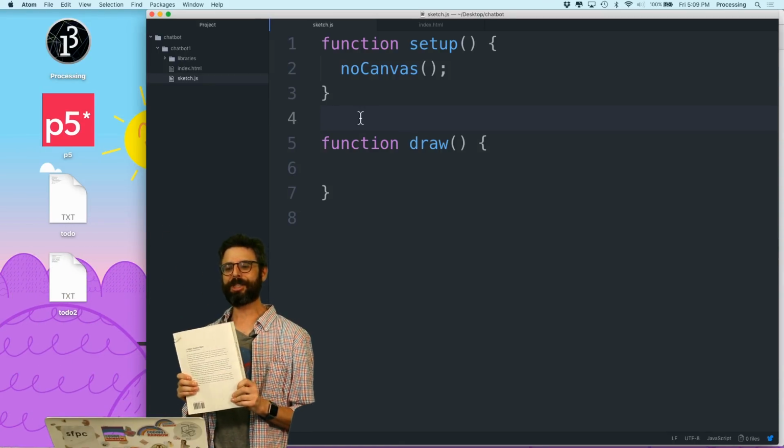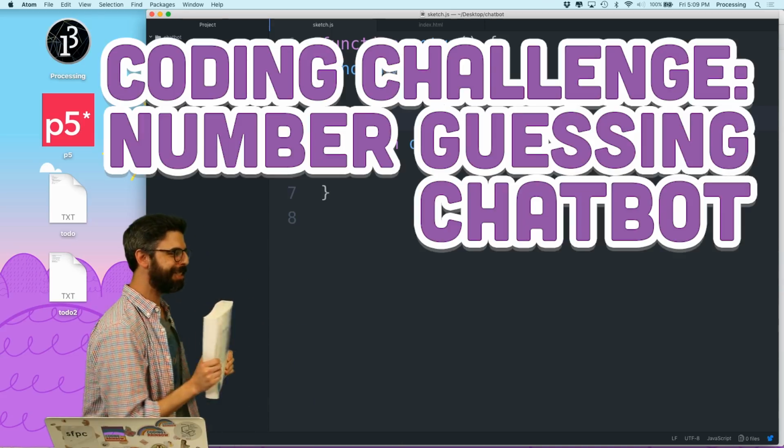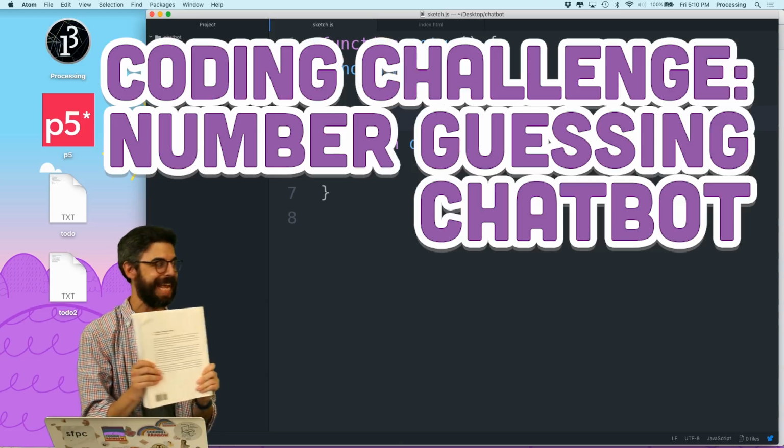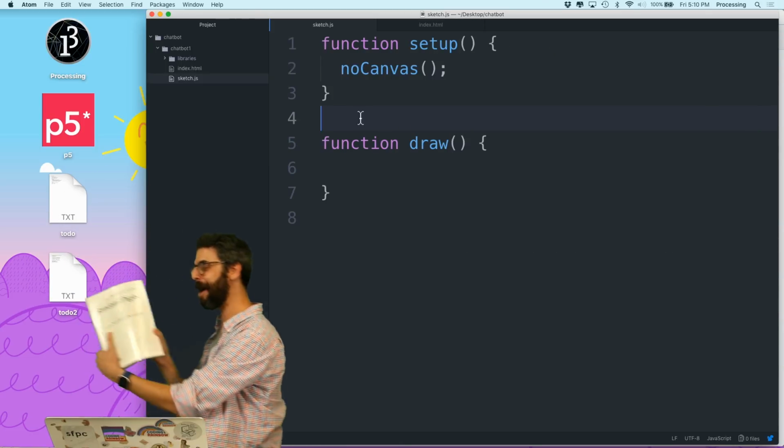Welcome to a coding challenge, where I will make a chatbot that thinks of a random number, and then the user has to guess that random number. And that random number will be